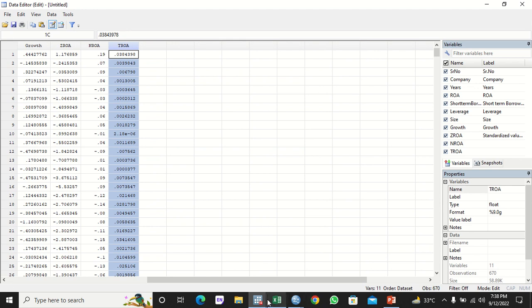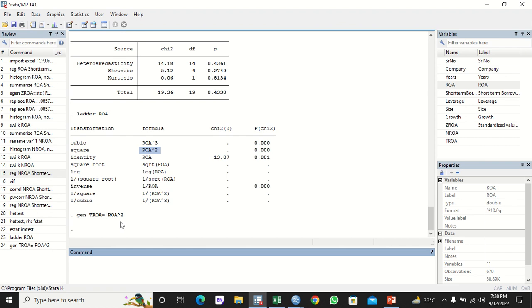However, we don't need it now. You can also take the cubic, identity, square root, log, whatever you want, but it is only when there is heteroscedasticity in our data,